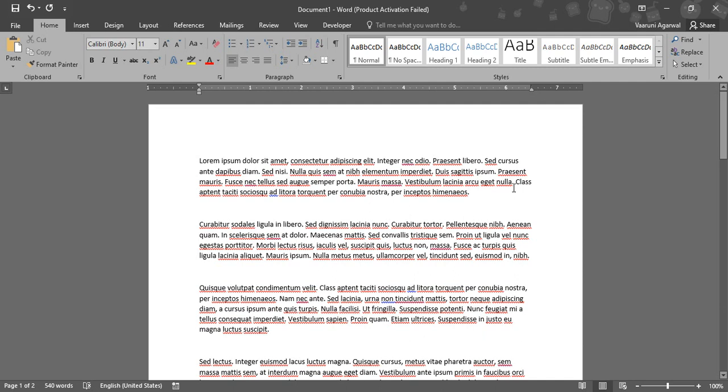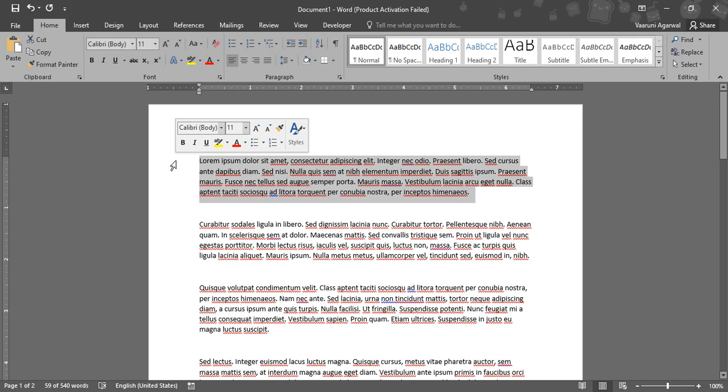Suppose you just want to change the color of a particular paragraph or just a few lines of text. Then I recommend you drag over that line or select the whole part whose color you want to change. Then there are two ways through which you can change the color. Once you have highlighted the text, you will get this kind of menu, and here is the option of the font color, with a letter A and an underline in a particular color. If I want to change the text color to red, I can simply click on this A and the color of the text would be changed to red.